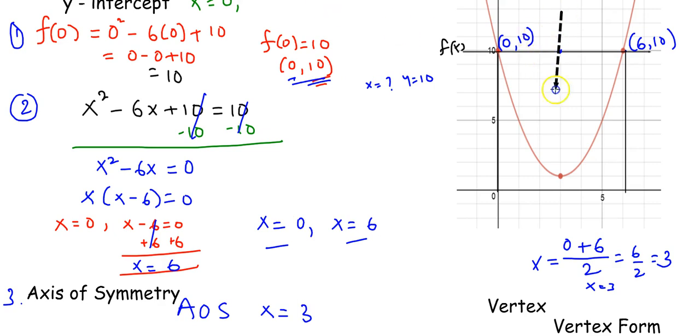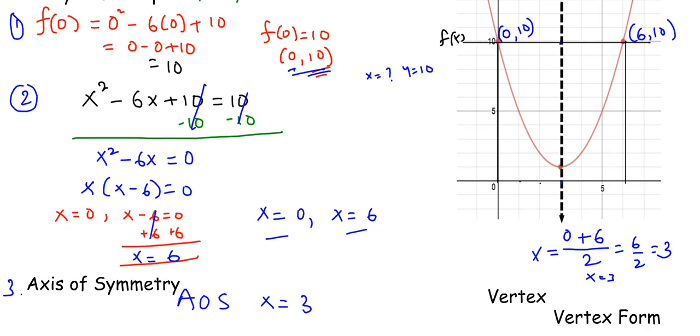This is the line we are talking about. This line is the axis of symmetry. You are seeing that x value is 3 here: 1, 2 and 3. At x equal to 3, you have that axis of symmetry. You know that it divides the graph into 2 equal parts. Now you've got the axis of symmetry, and in the fourth step,